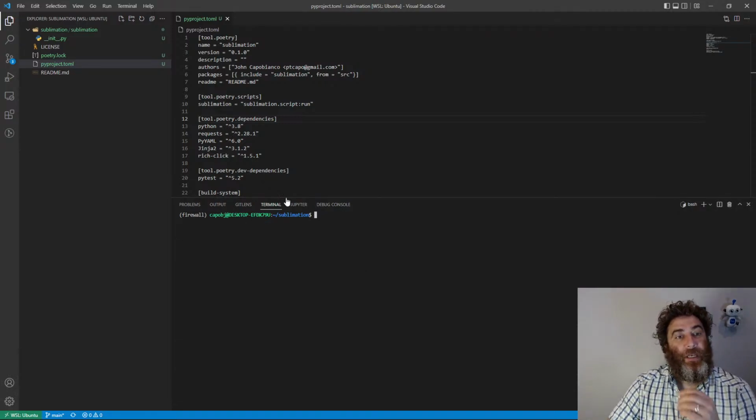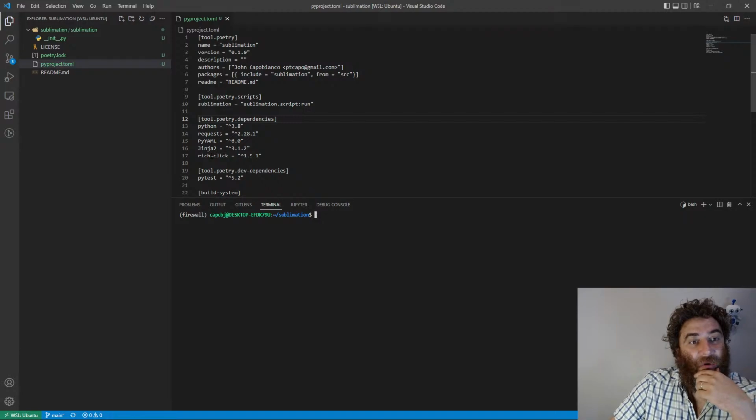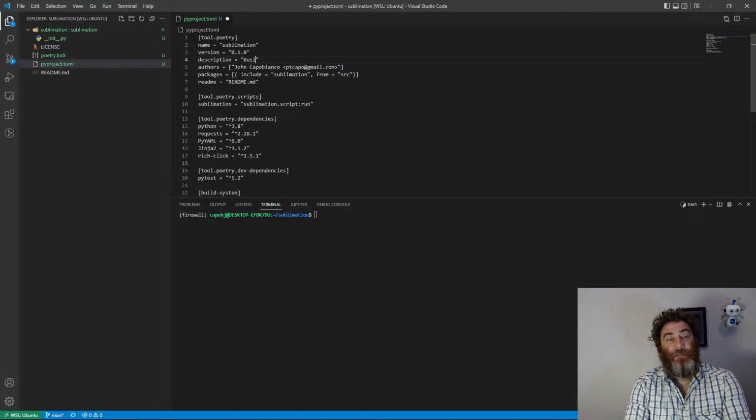And we're going to clear the screen, and I think that's all we need for now. We could add other things later, but for now I think that's all we need to get started with this project. So that's the toml file, and that helps me put this on PyPI as a package that you can install. And the description up here is business ready documents from Cisco Firepower Threat Defense